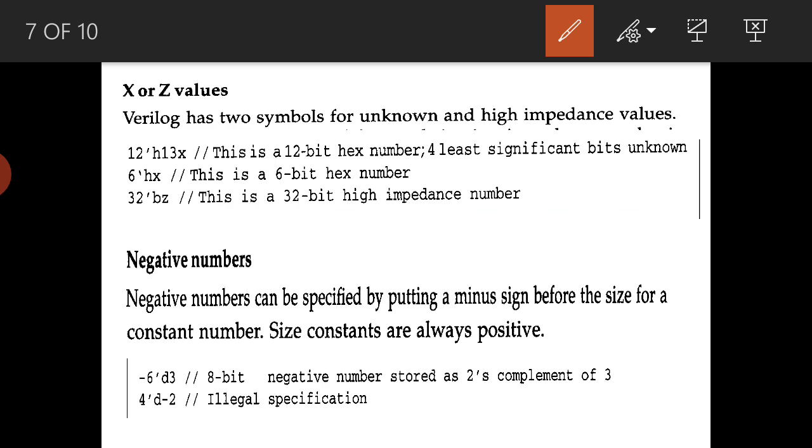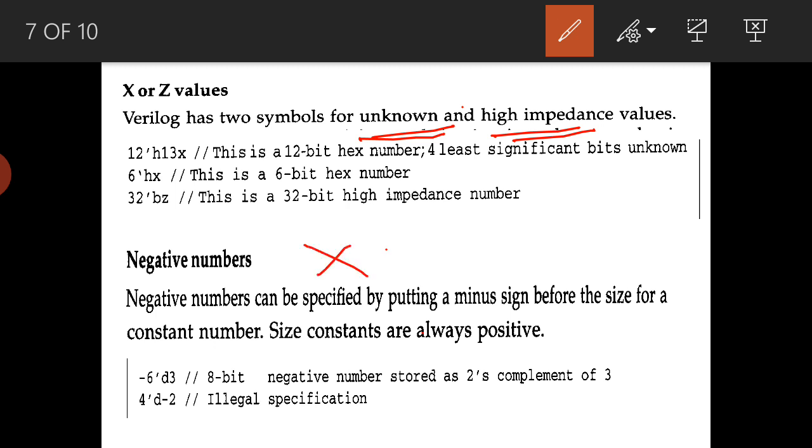Practically, while writing code, in many places we require unknown and high impedance. When we come to the practical side and write programs, we will come to know. For example, take don't care in decoders and encoders, the priority encoder.